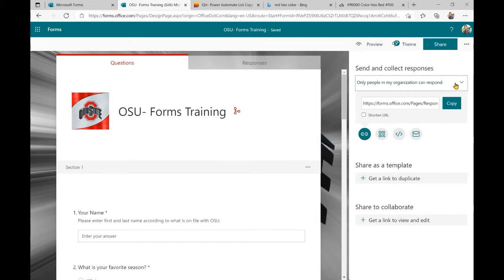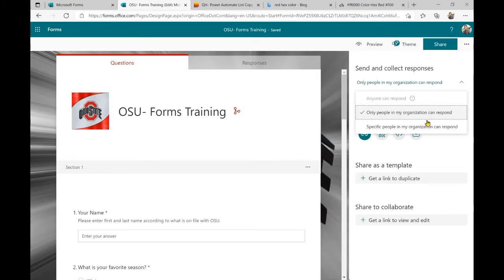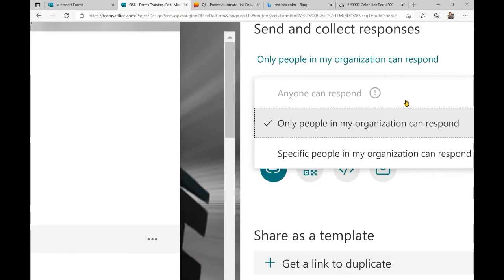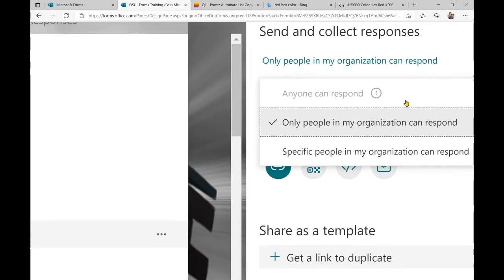So in other words, if we were going with OSU, only people that work in OSU or have an OSU domain attached, so-and-so at osu.edu, whatever, they're the only people that can respond to this survey. And if your organization has allowed, you can set it to anyone can respond, and that will allow people outside of your organization to respond.